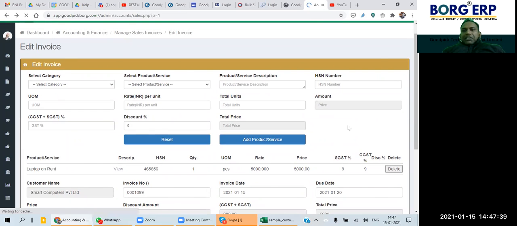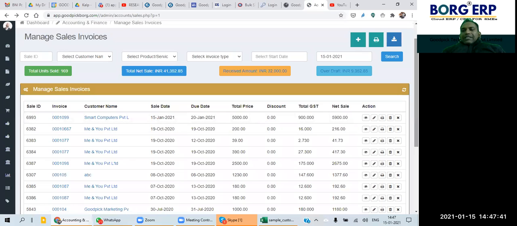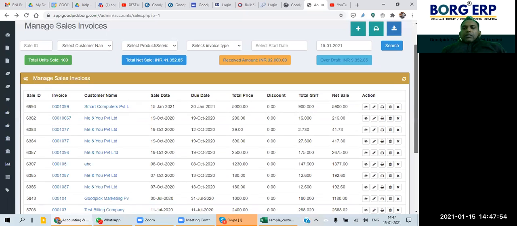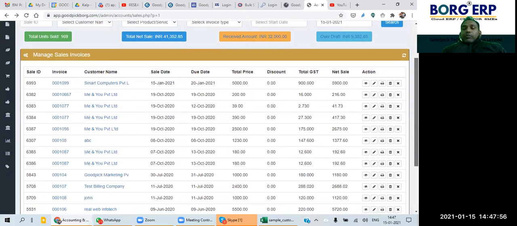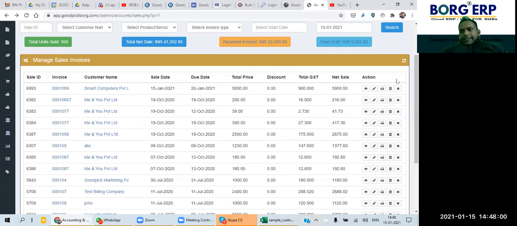We have some limitations. Because this is accounting, the value is affected in more than one place, so sometimes it becomes difficult. So we have not allowed changing every value, but most of the key things which need to be changed, you can change.